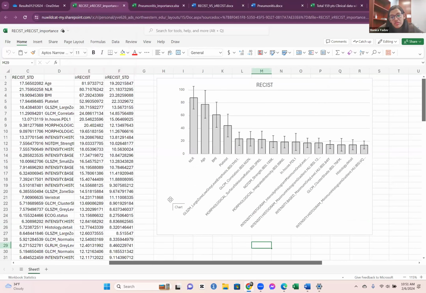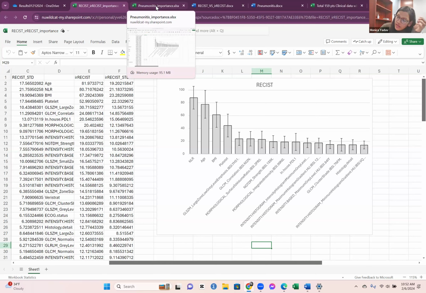But in the abstracts, we did not take any other toxicity. I'm sorry, in the abstract, we have only included immunotherapy related toxicities. So that's why we only have 19. Okay.